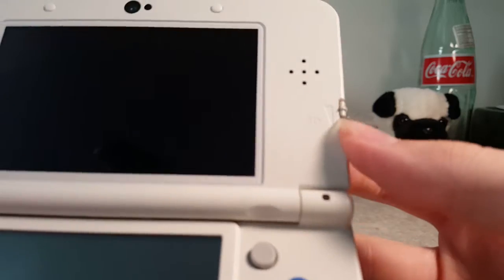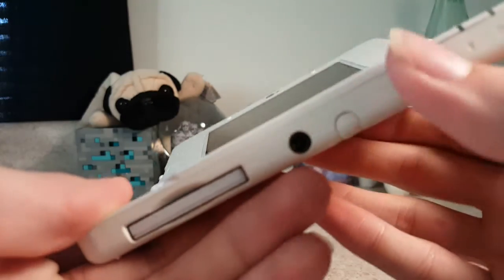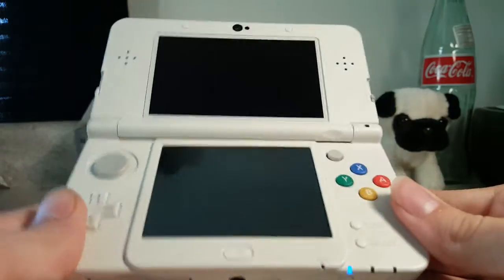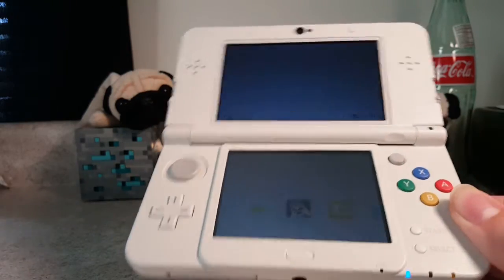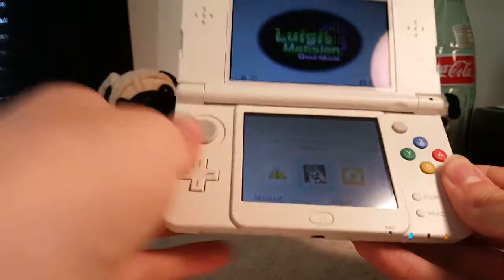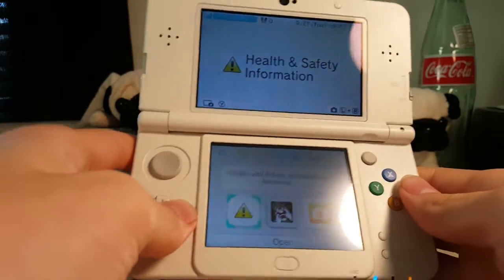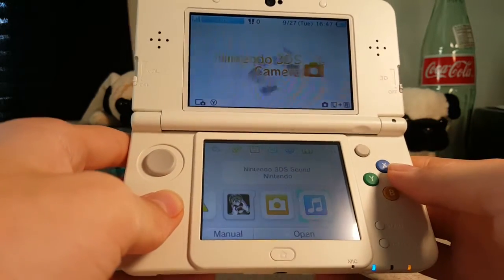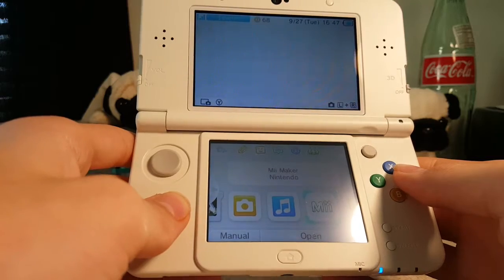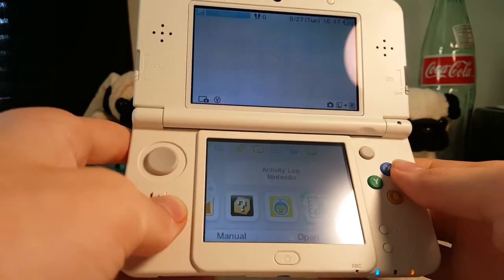I forgot to mention your 3D depth sliders on that side, obviously, but now the volume is on this side as well. So if we go ahead and turn it on, let's take a look at what's inside. See, it's really fast. It has faster processing power than the original one. So you've got health and safety information, whatever game you have in the card slot, Nintendo 3DS Camera, Nintendo 3DS Sound, Mii Maker, Mii Pause, all your goods,